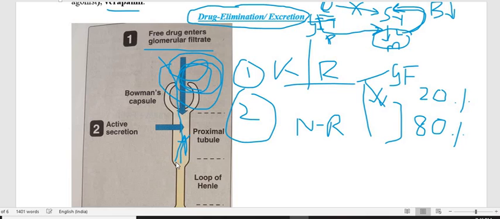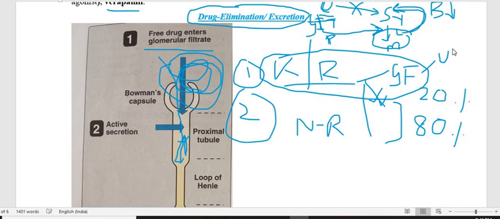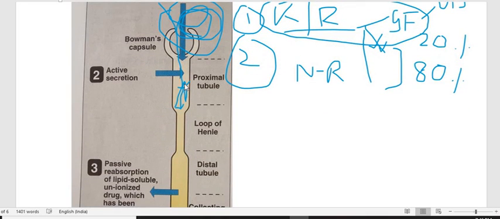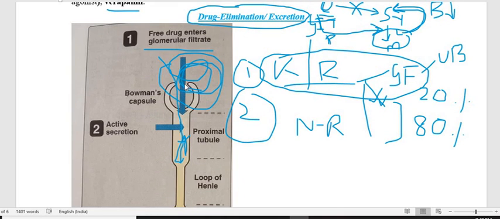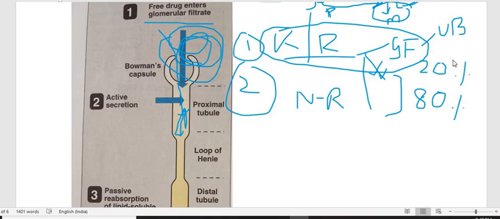So in the lumen the drug will come. When the drug passes through the glomerulus, it must be primarily in unbound form. This is very, very important. Only the unbound form of the drug comes into the lumen through the glomerulus as glomerular filtrate, by the glomerular filtration process, and about 20% of the drug is going to come in the tubular lumen,